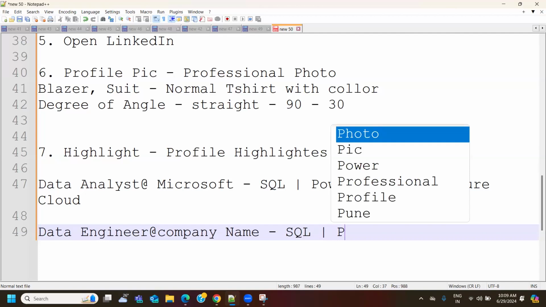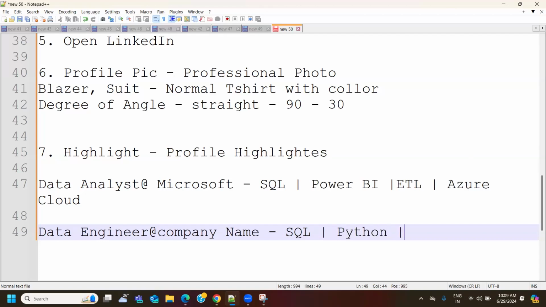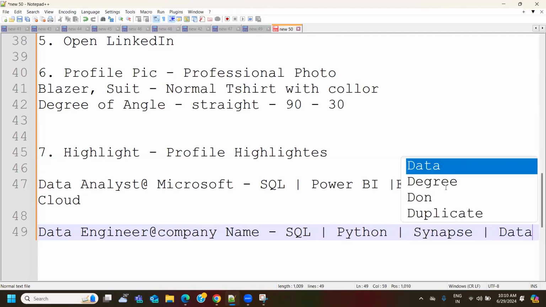You can mention Python because Python is an important programming language you should know as a data engineer. For a data analyst, if you know it, it's an added advantage. If you don't know it, it's fine, maybe there is not that compulsion. So SQL, Python. Now the concepts of Azure should be clearly mentioned. Synapse, maybe Databricks.